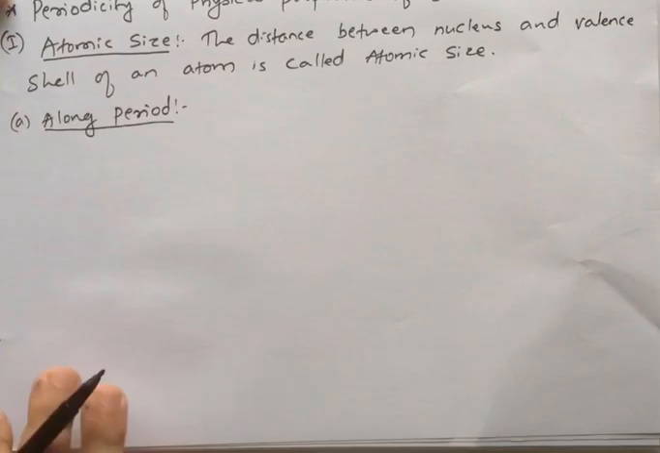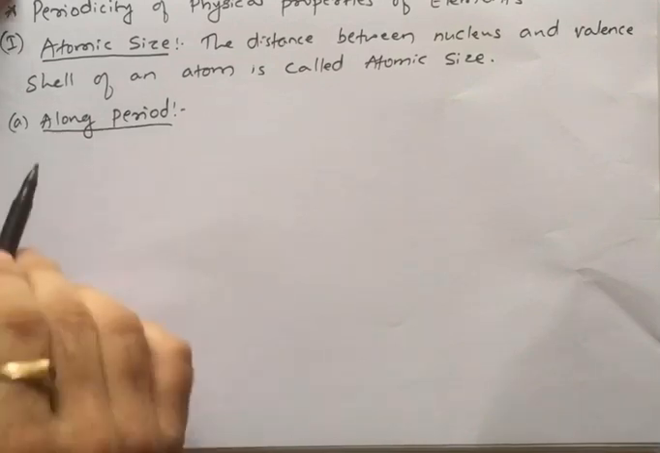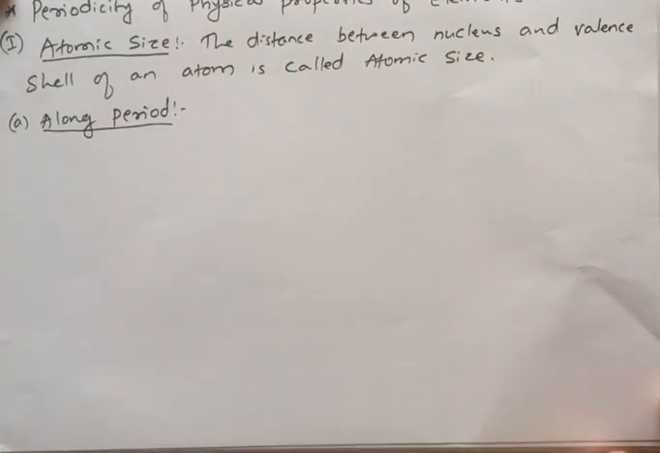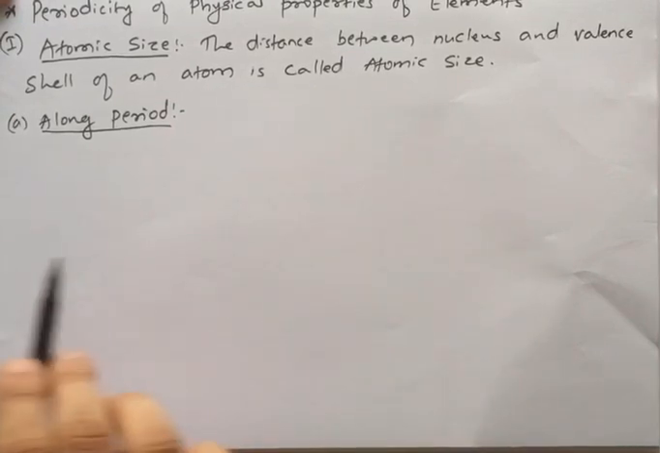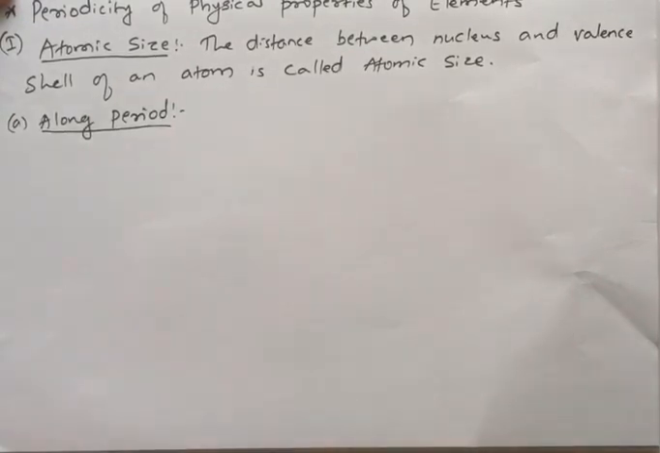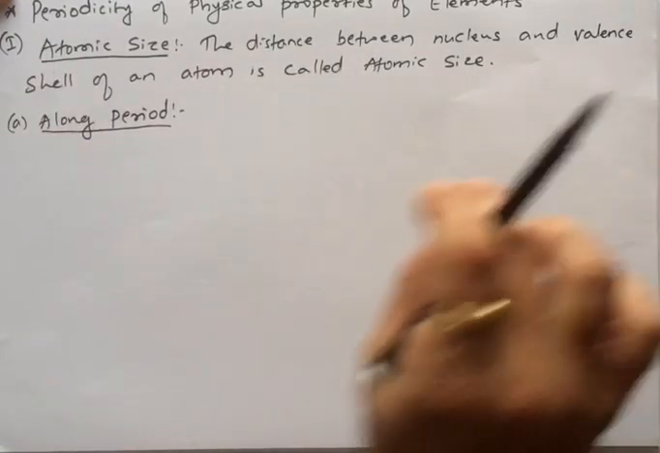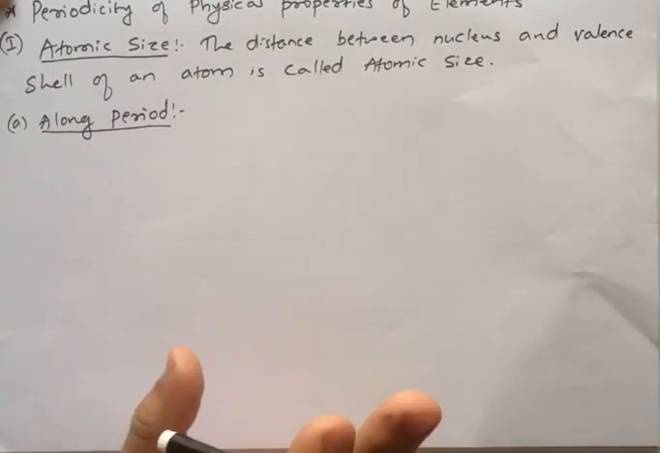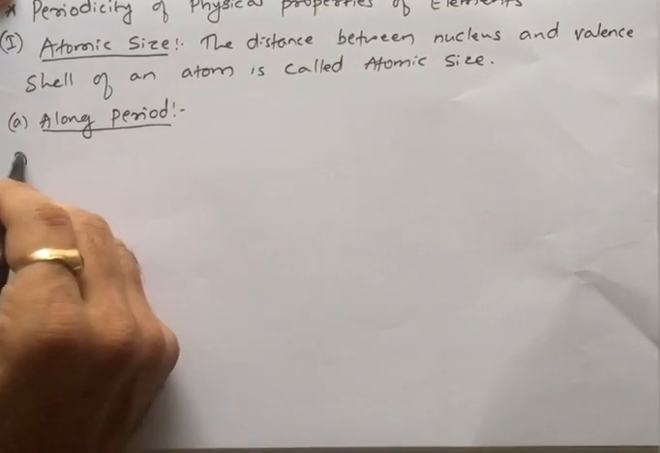So what does period represent? First that we should know. Period represents the number of orbits present in an atom. Yes or no? So first period there is only one orbit. Second period there are two orbits. Third period there are three orbits. Fourth period four. Correct or no? So along the period, all the elements along the period, number of orbits remains the same. Correct or no? So for example, if I take the third period,